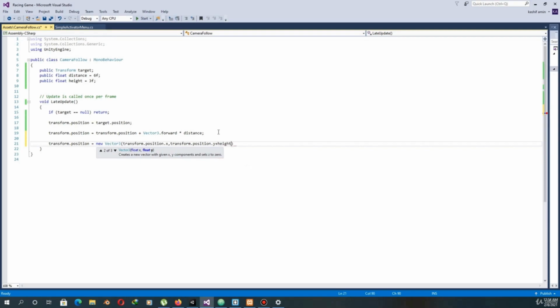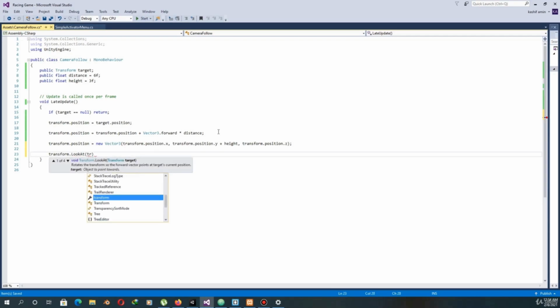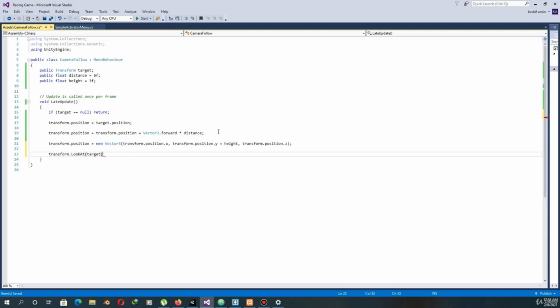This will move the camera up, and then transform.position.z. Now we will write a method which is built into Unity, transform.LookAt and target. This will rotate the camera to look at the target, which is our car.